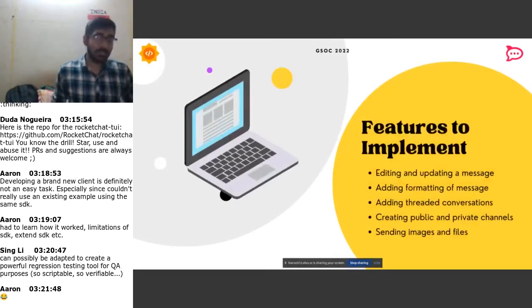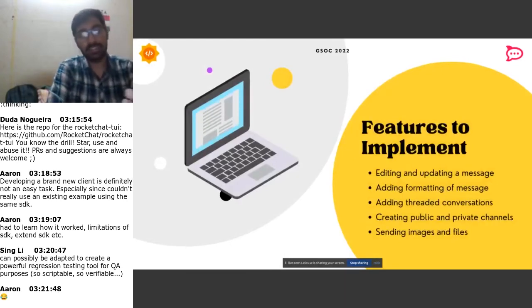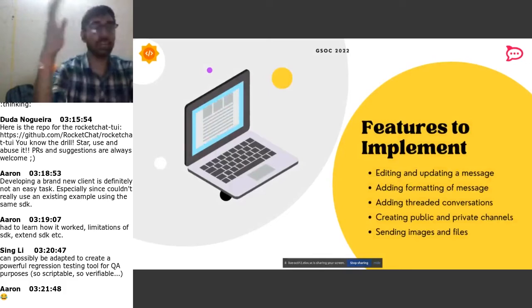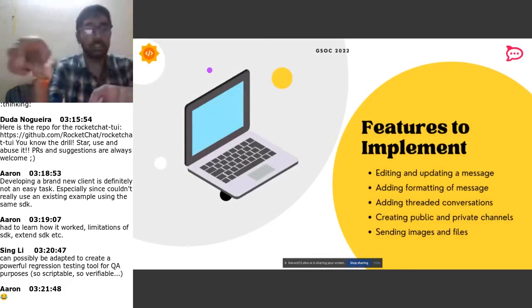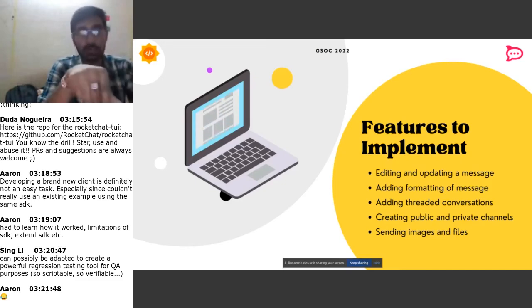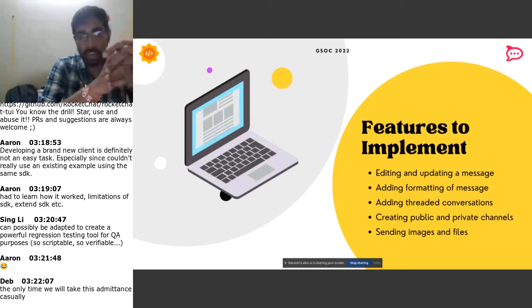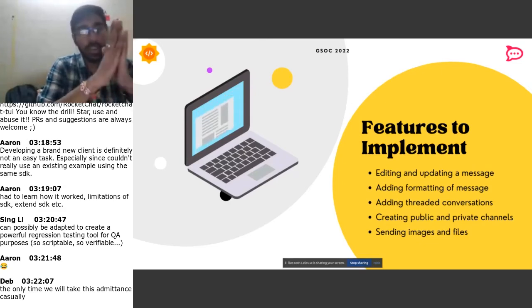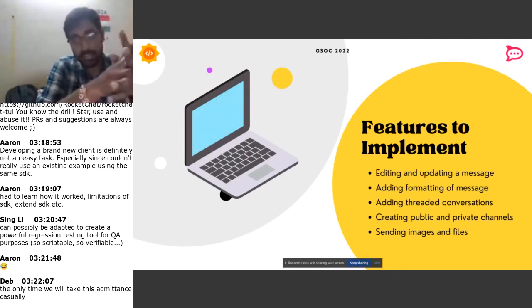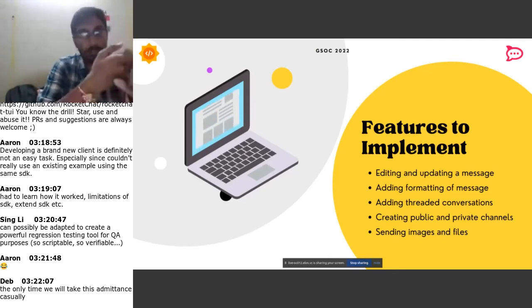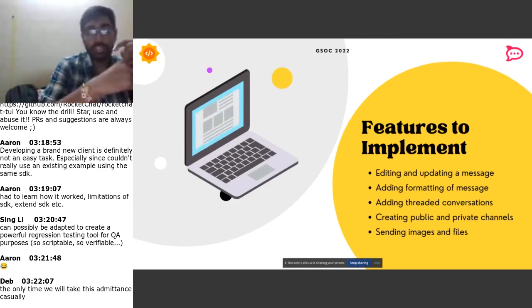Okay, so yeah, there are many features which we are planning to implement in it, like most of the basic functionalities which we need to add into this TUI, like adding and updating of a message, adding formatting of a message like bold, italic, inline comment, and multi-line code, and adding threaded conversation, which is a very important feature which we use in the web UI, and that will be needed in the TUI. So we are planning to add that too, and creating public and private channels surely, and sending images and files. We have not figured out exactly how we can, but yeah, that's the future which needs to be implemented, and